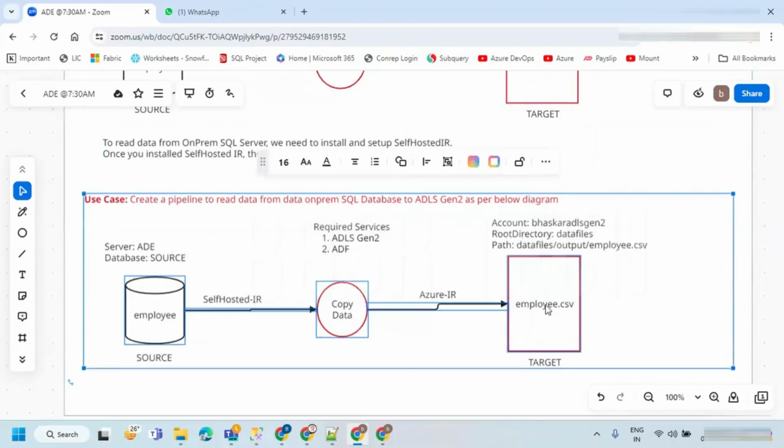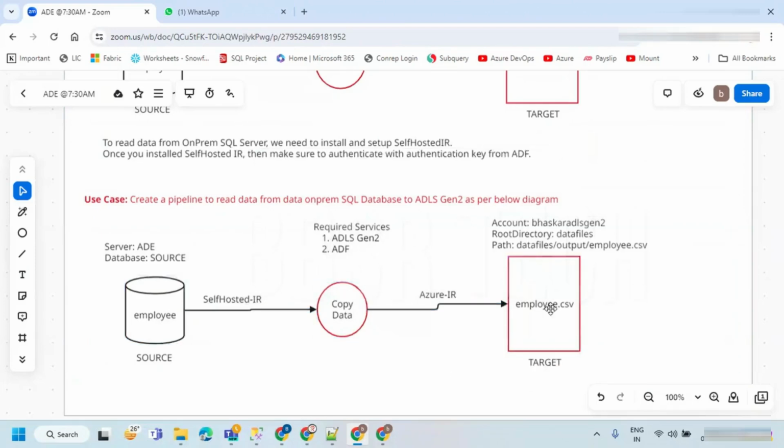I have an employee table and same to same, there is no change. The only change is underscore today's date, 03, 29, 2024.